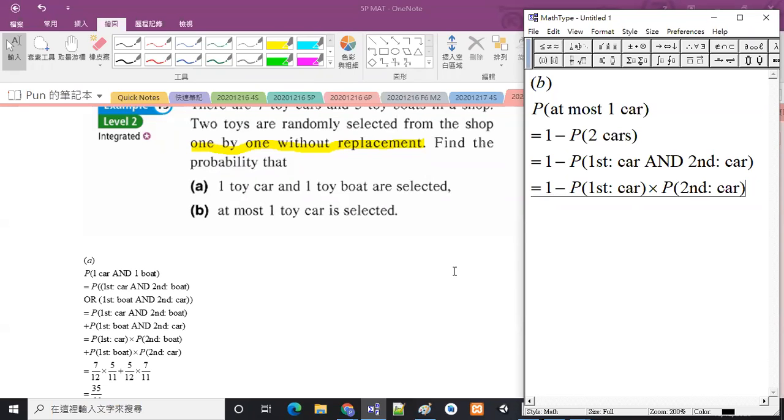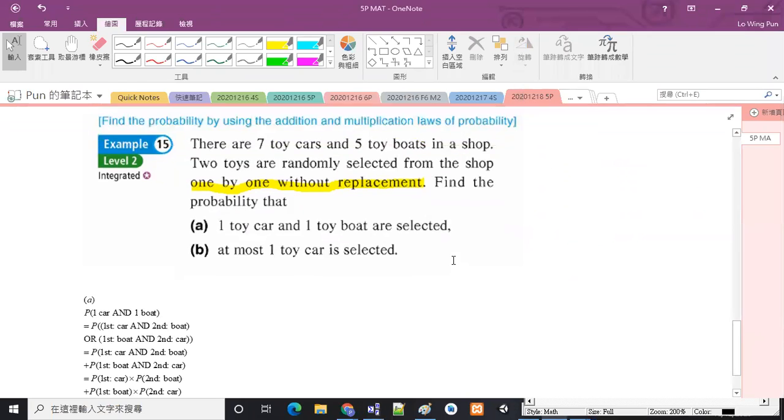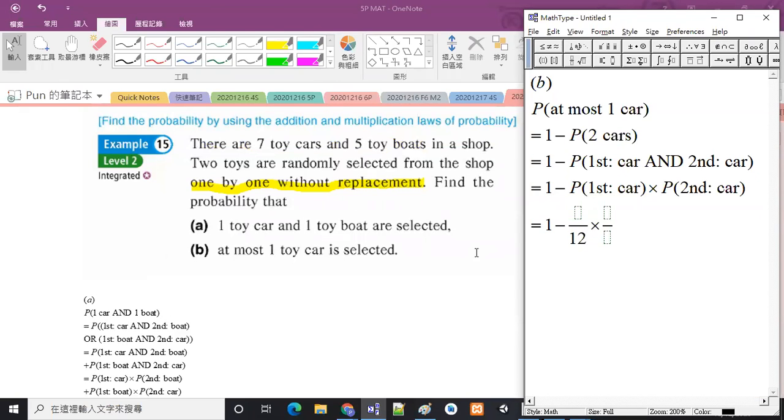Can you get this? And then it's 1 minus, so this will be fraction times fraction, okay? When we do the first selection, how many options are there? So there will be 12, okay, 12 toys. And then among the 12 toys, how many of them are cars? Will be 7, okay? And then be careful here. For the second selection,